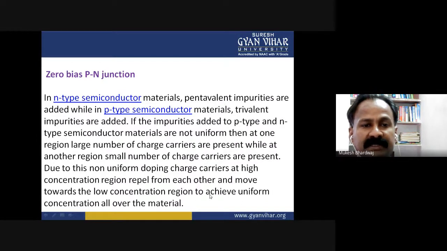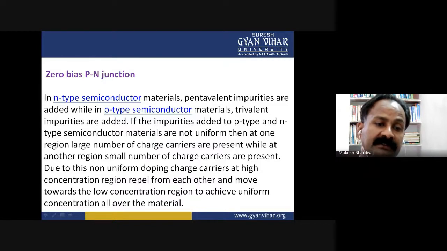Zero bias PN junction. Zero bias PN junction means: in n-type semiconductor materials, pentavalent impurities are added, while in p-type semiconductor materials, trivalent impurities are added. If the impurities added to p-type and n-type semiconductor materials are not uniform, then at one region a large number of charge carriers are present, while at another region, a small number of charge carriers are present. Due to this non-uniform doping, charge carriers